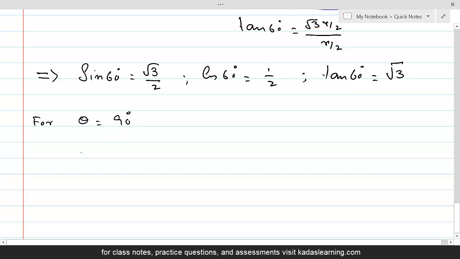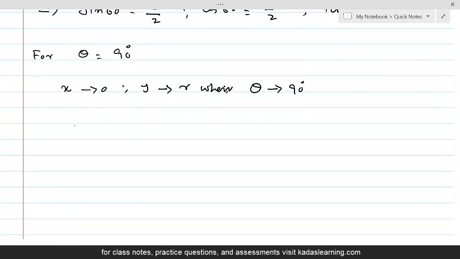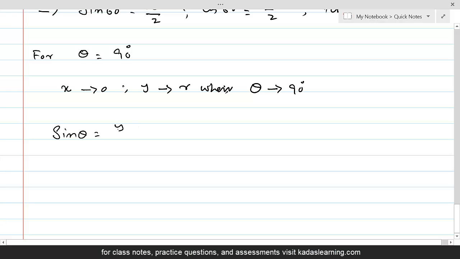X approaches 0, Y approaches R, when theta approaches 90 degree. In that case, sine theta, which was equal to Y over R, cos theta, which was equal to X over R, and tan theta,